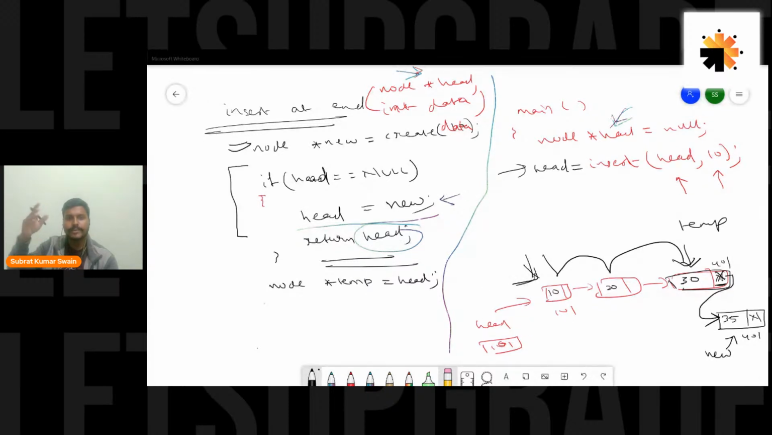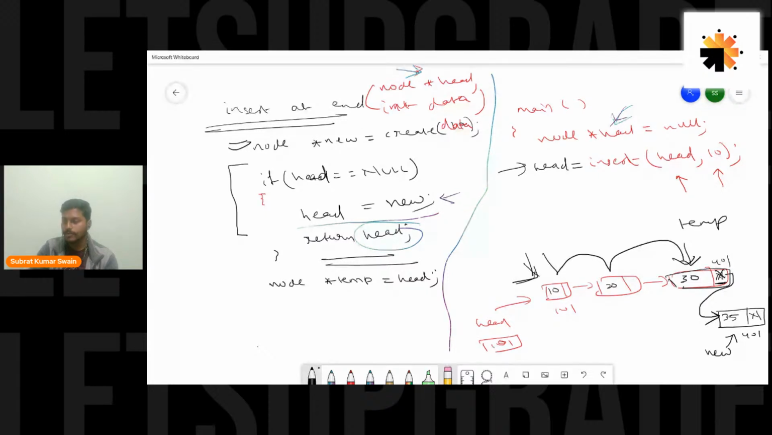Okay, so till we reach this last node, we would be shifting this temp. So how to shift the temp? Basically we have to continuously shift it towards right. So I'll be using a while loop. So while